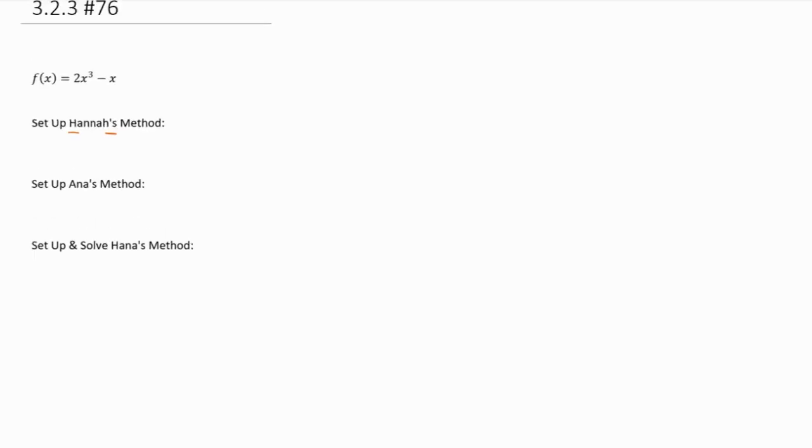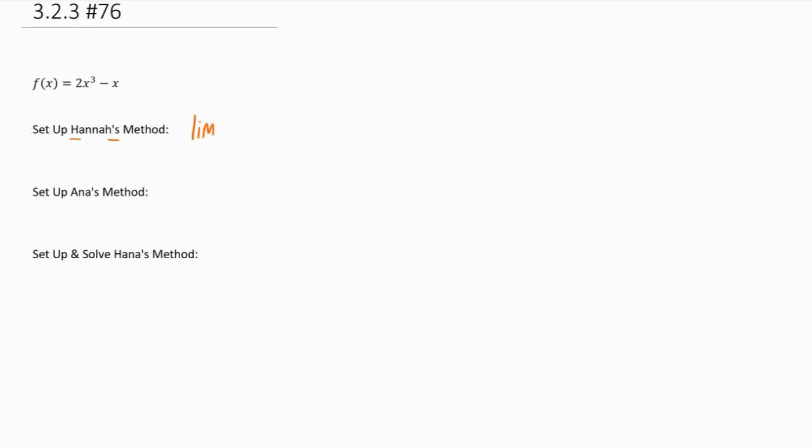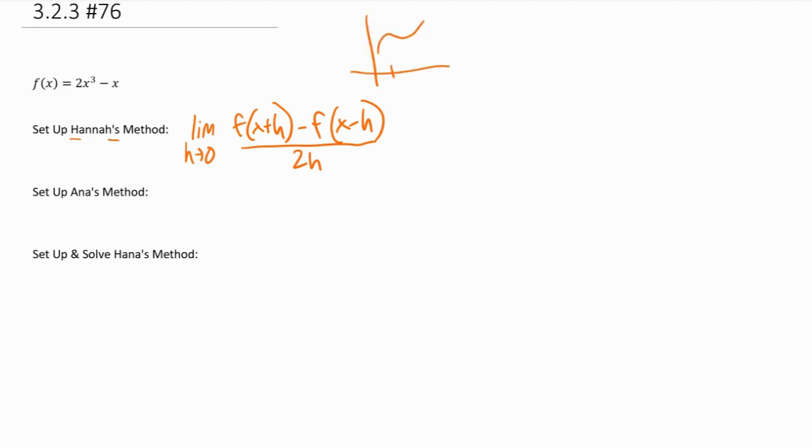So Hanah's method is the limit as h approaches 0 of f of x plus h minus f of x minus h over 2h. And this comes from using 2 points on f of x, x minus h and x plus h. That makes this point f of x minus h, and that makes this point f of x plus h. We want h to approach 0 because then those points get even closer together to get a more accurate slope. And then when you do rise over run, so y2 minus y1